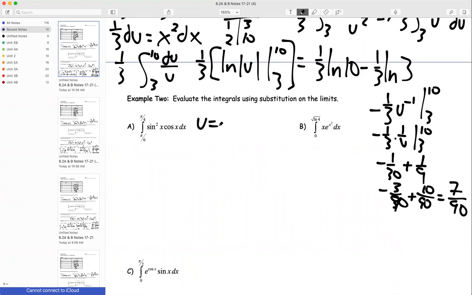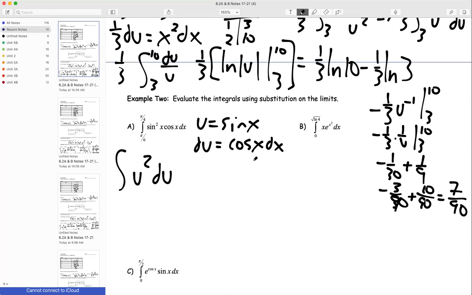Well, what is u? Let's make it sine of x, and du is cosine of x dx. Therefore, I have the integral of u squared du. But oh no, pre-cal was not merely in our rear view mirror. It has reared its ugly head again. And so now I've got to find